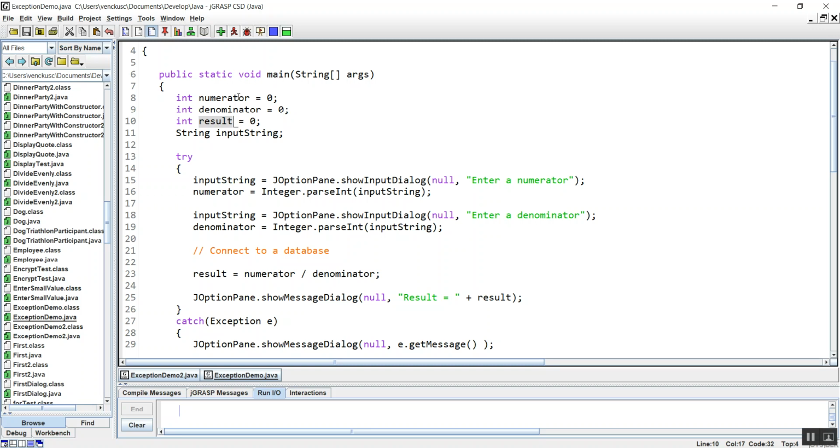And I know I enter a numerator of 10 and a denominator of 2, and it should be 5, and it's not coming up with 5. What's going on here? And you can trace it, and you can say, okay, show me result. And it'll show you result is 0, result is 0, and then all of a sudden it changed. Line number 22, it changed, or whatever, 23, it changed. Why did it change? Okay, so maybe you made some incorrect calculations. So there's stuff like that. So, all right, I promised you I would